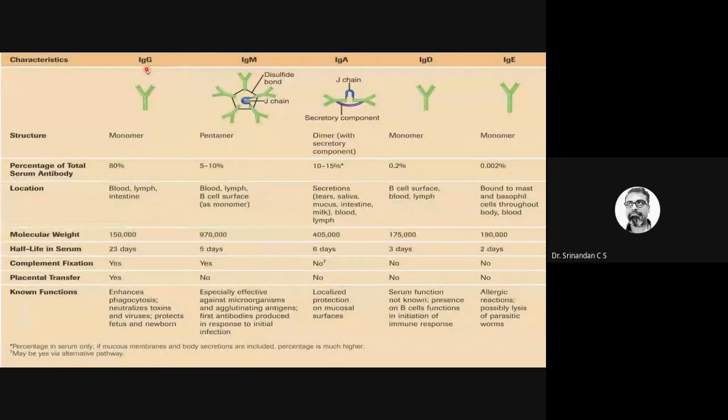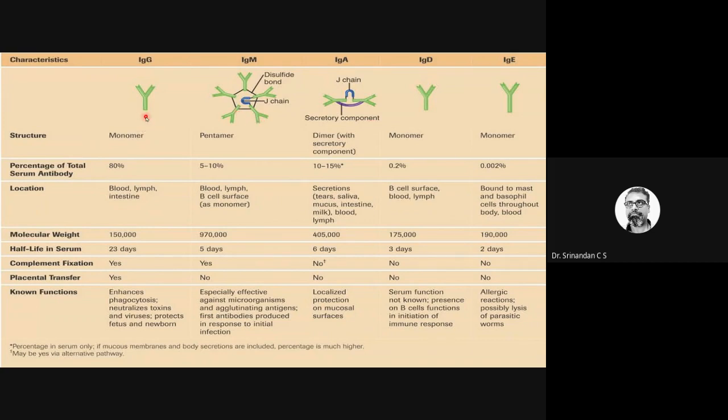One is called IgG. Ig because it is an immunoglobulin protein. We call them IgG, small g and capital G, where the capital letter is the classification: IgG, IgM, IgA, IgD, IgE. So many different antibodies are there.